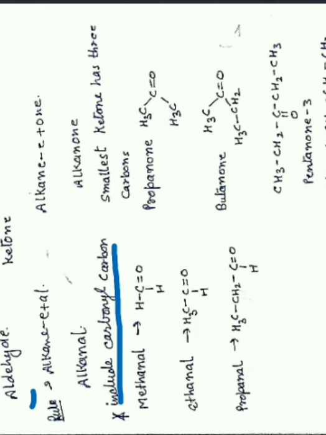Same way propanol, butanol, we can write as many compounds as we wish. Now here in all the cases you see CHO lies at the end. It will never be in the middle of the chain generally. It may be present at times in multifunctional compounds, but right now we are not going to study that. Right now we are considering only simple aldehydes. So in this case CHO will be present at the end of the chain.